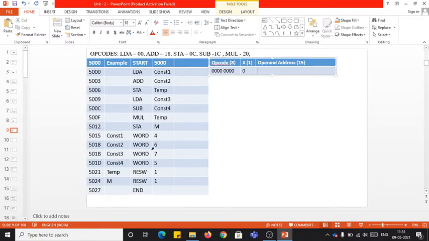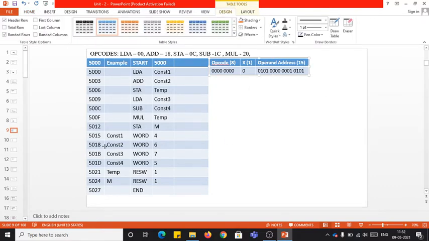You write that 5015 in the bits format. So how to write 5? 0101 is a 5. Again 0000 is 0. Again 0001 is 1. Again 0101 is 5. So when you write 5015 in the bits format, you get 0101, 4 zeros, 0001 and 0101. But my dear guys, you can observe that when you write that in the bits format, there are 16 bits in total. But what is your field length? Your field length is of only 15 bits. I repeat, your field length is of only 15 bits.